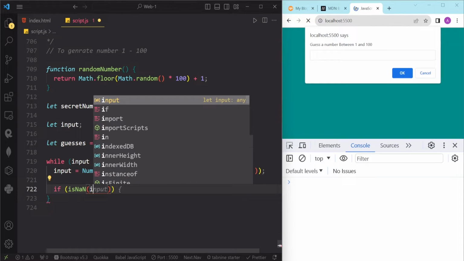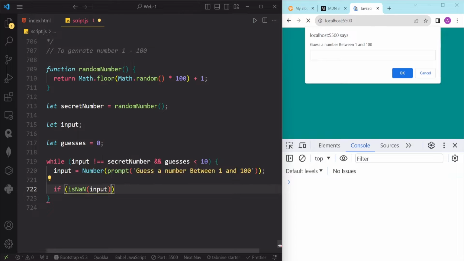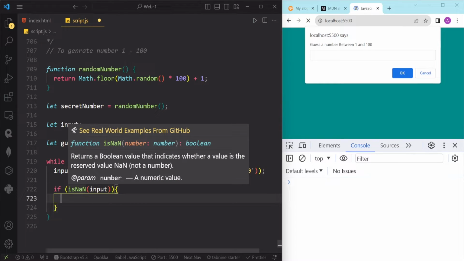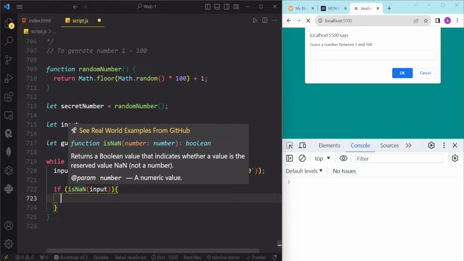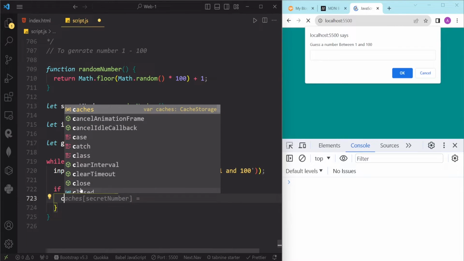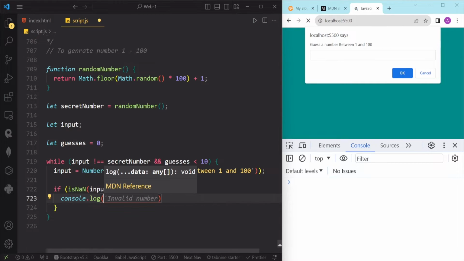Then in here we are going to put our input. Now this isNaN function is to check if the user input is not a valid number. The isNaN function returns true if the value is NaN, and this NaN stands for not a number. This can happen if the user enters something that is not a number, such as a letter or a symbol. In this case, we are going to console.log, and here we can say invalid input, please enter a number, like